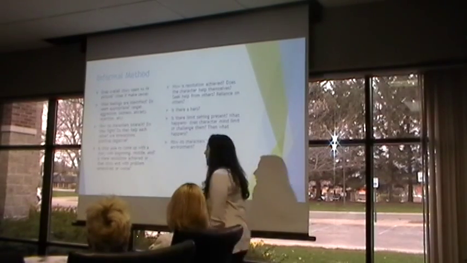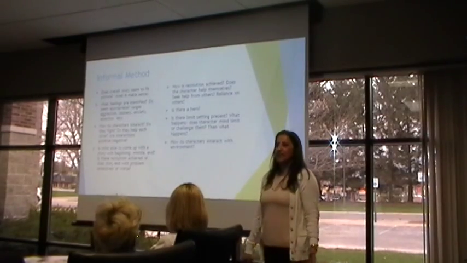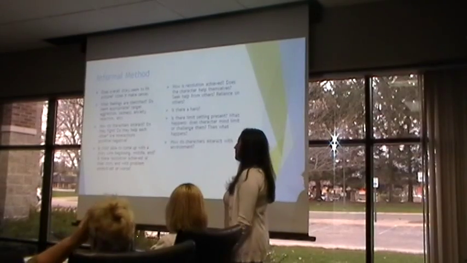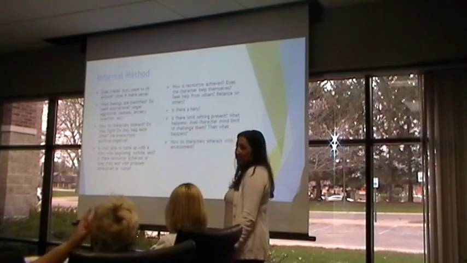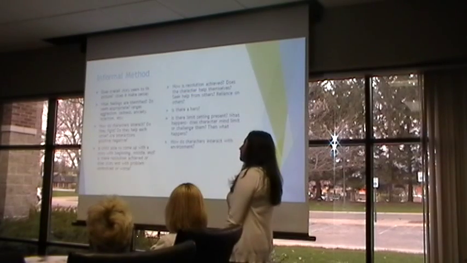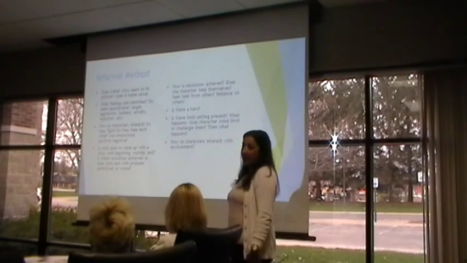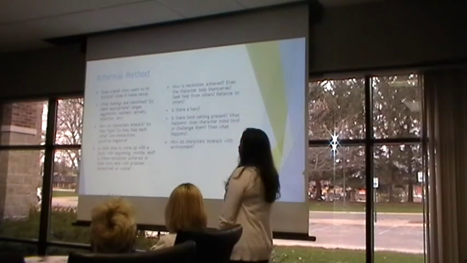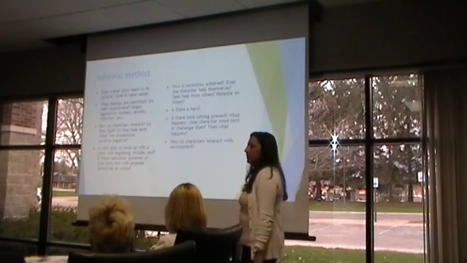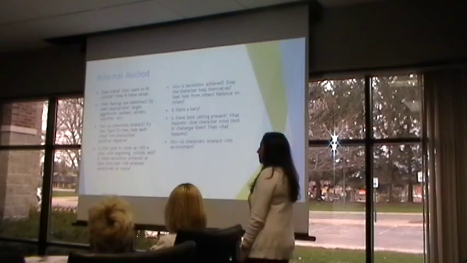And so the informal method I use: does the overall story seem to fit the picture? Does it make sense with what is depicted? What feelings are identified? Is it anger, aggression, sadness? Does it seem appropriate? Does it seem to match? How do the characters interact? Do they fight? Do they help each other? Are the interactions positive? Are they negative? Do they not interact at all? Is a child even able to come up with a story that has a beginning, middle, and end? Okay, can they follow that prompt?